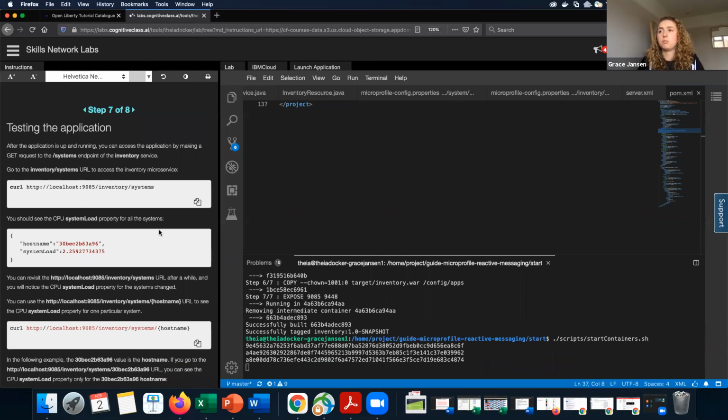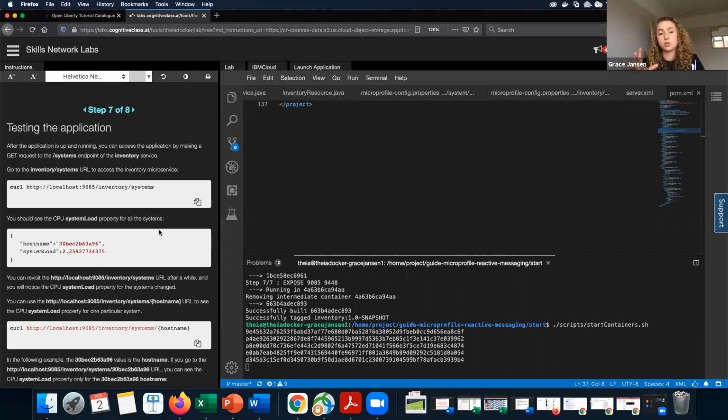Once they do, what we're going to be doing is sending a request to the /systems endpoint of the inventory service. Our system microservice will, every 15 seconds, take calculations of our machine load and send that to Kafka.